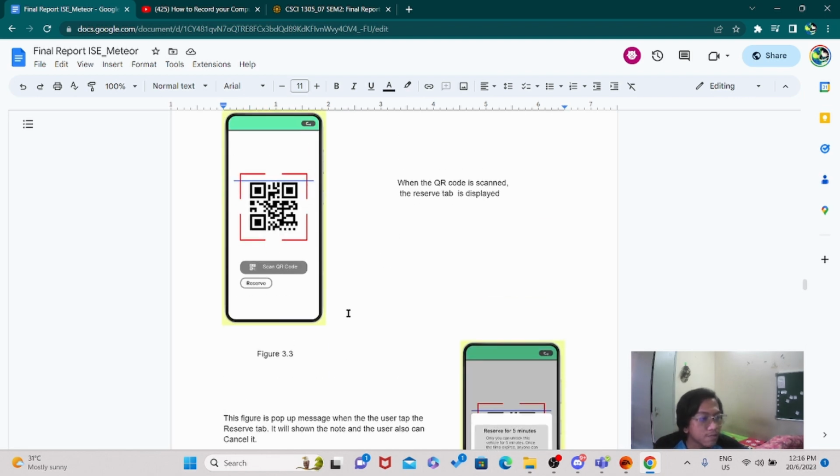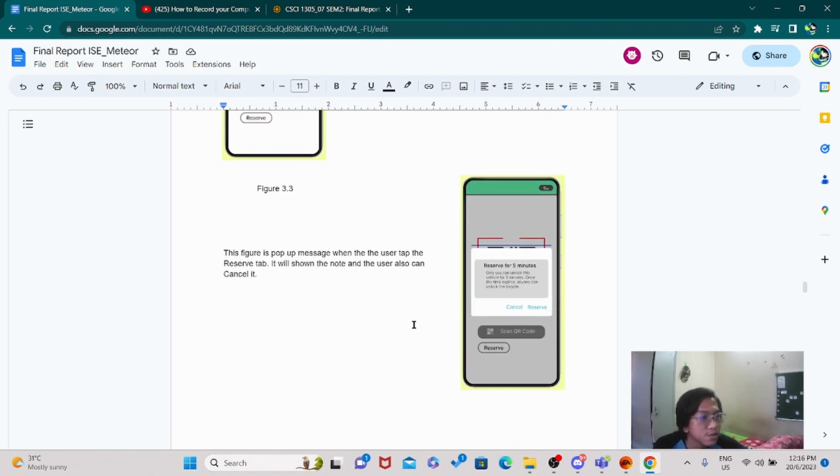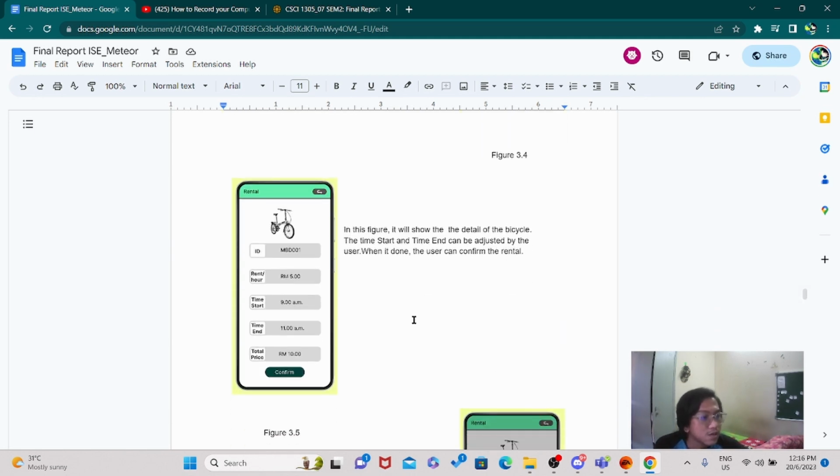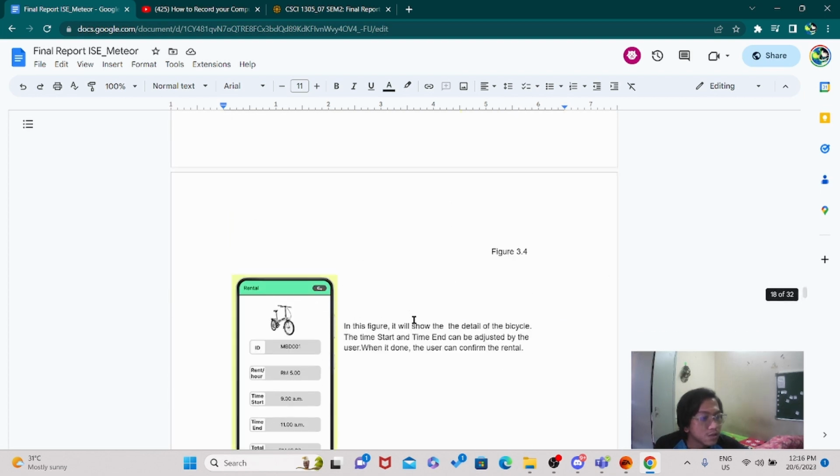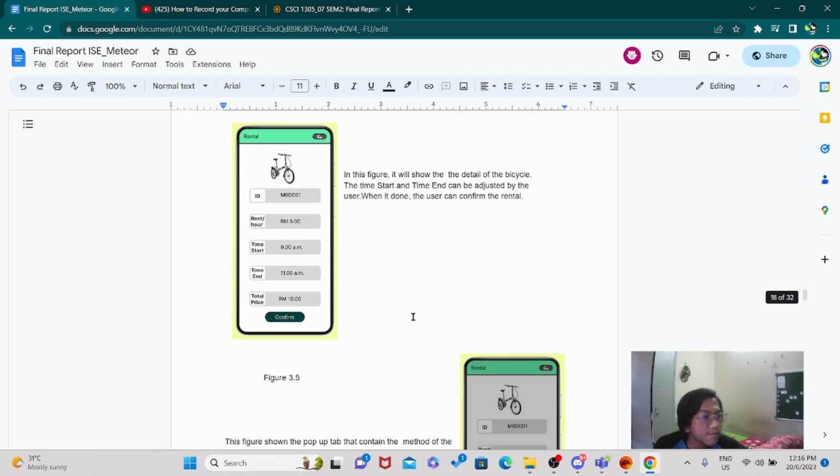When you tap the reserve, it will pop up a message, and it will show a note, and the user can also cancel it. When you tap the reserve, it will go to the page where this figure shows the detail of the bicycle.